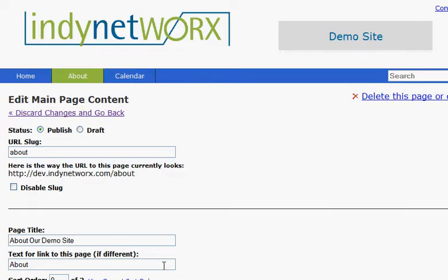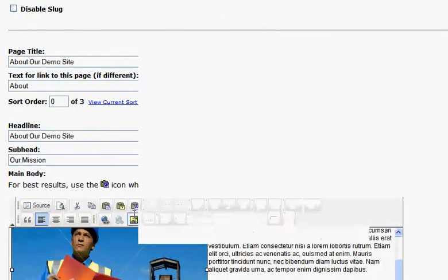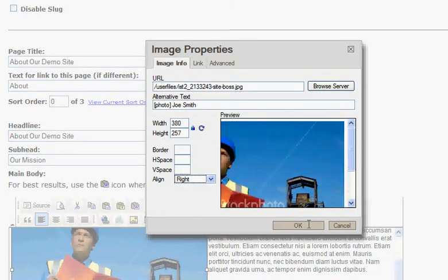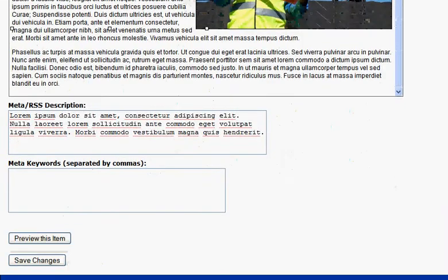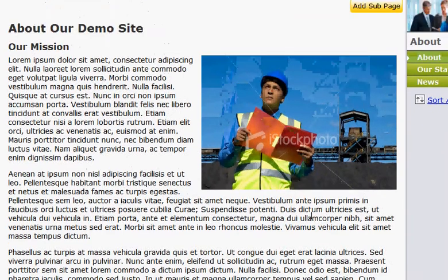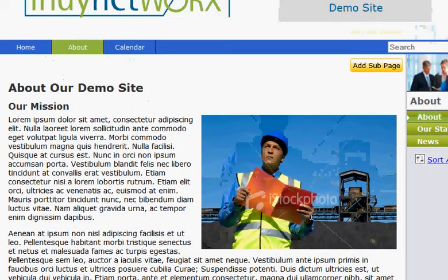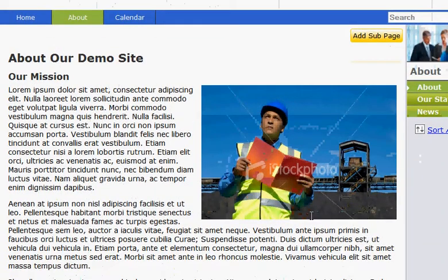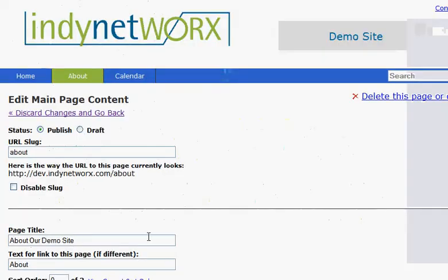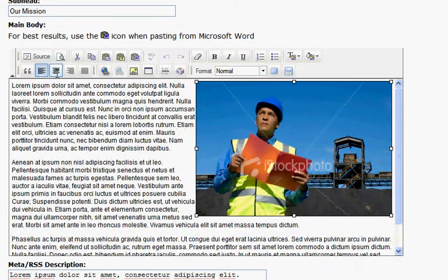We can also do the same thing. If we use right and OK it, it moves it over to the right. We save our changes, and now you can see we've placed it over to the right. Now in this particular case we got pretty lucky because we happen to have an image of the right size. Let me show you what happens, and I'm going to have to go fishing here just a little bit to find an image. But let's go in and replace him,